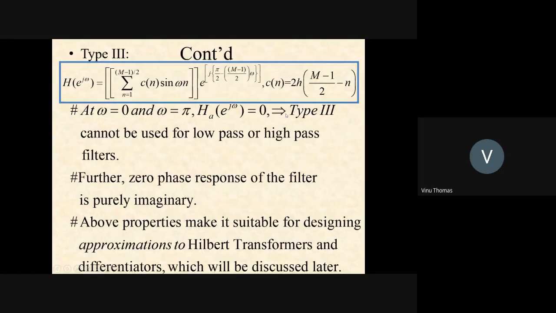Now for type 3, you have this term sine omega n. Since you have sine omega n, you see that at omega equal to 0, sine 0 is equal to 0, and at omega equal to pi, that's also equal to 0 because sine pi n becomes equal to 0. So therefore you cannot have non-zero values at omega equal to 0 and omega equal to pi for the amplitude responses, which means that